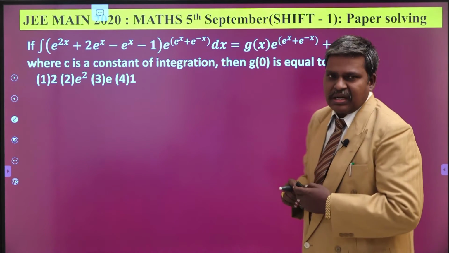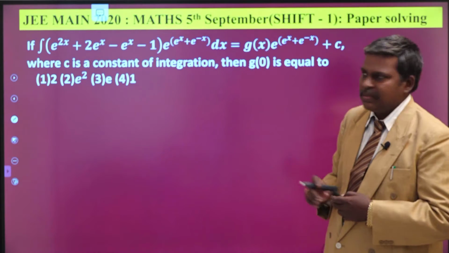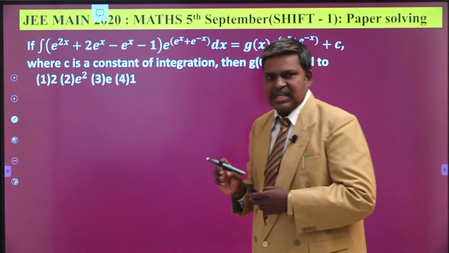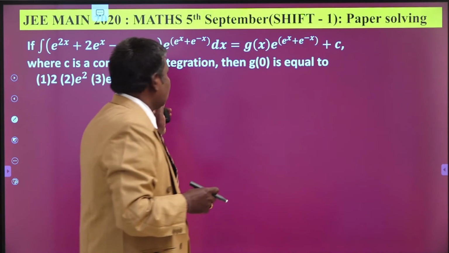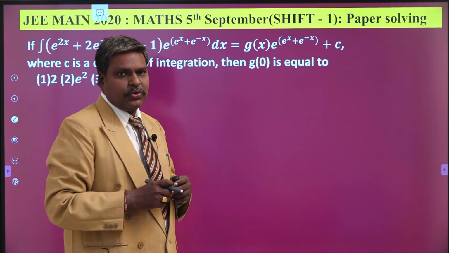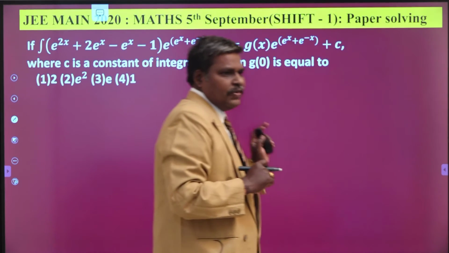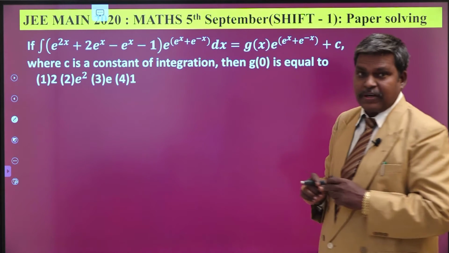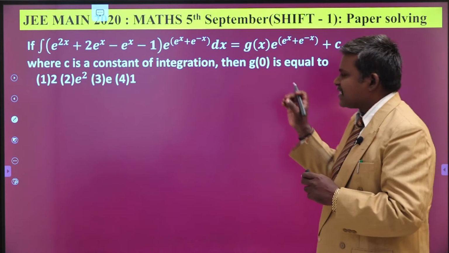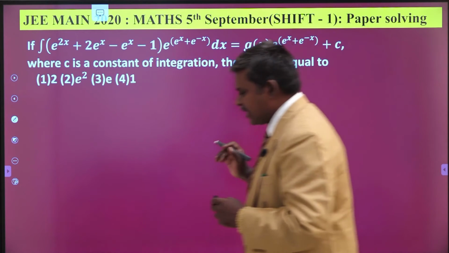This is a question related to integration. It is a very nice question. This type of question was asked 4 or 5 years back, but at that time it was a very difficult question. When compared to that question, this is also a little bit difficult. Once you know how to solve that one, this is easy for you. Understand? So there is some extension when we compare to that question. See, this is a very nice question for you.